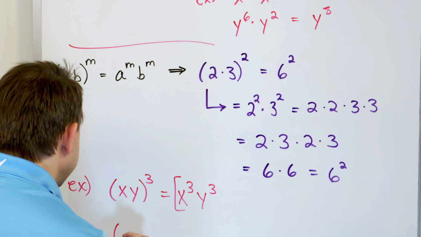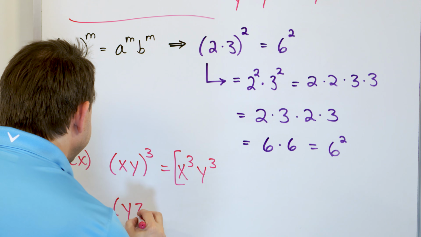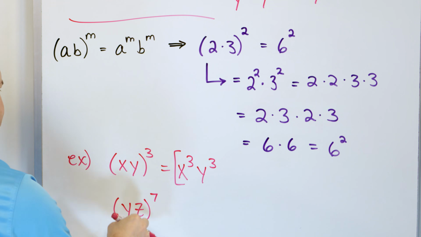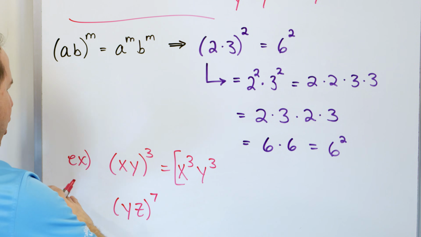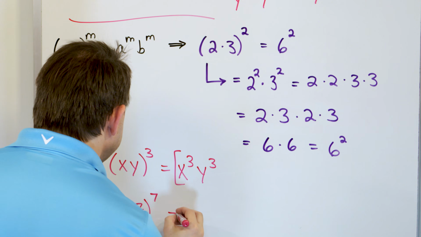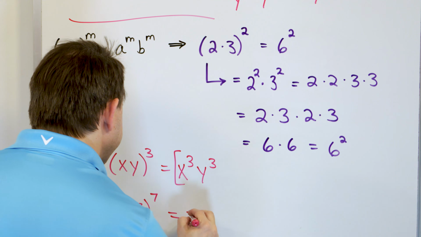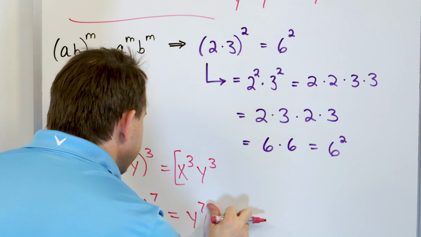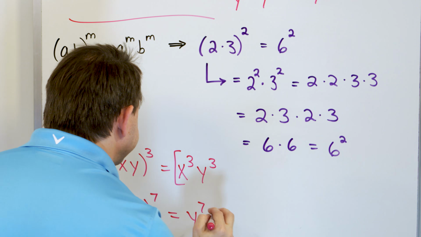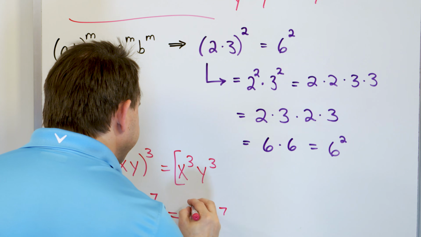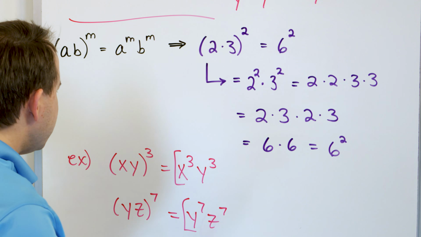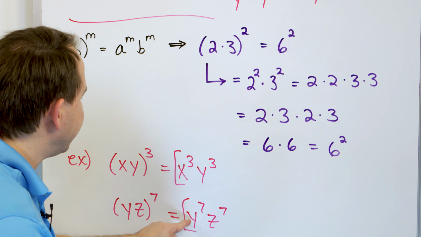What if you had another one? Let's say you had y times z raised to the 7th power. So that's literally y times z times y times z times y times z, and on and on and on 7 times. What you would get is y raised to the 7th power times, whoops, not times y again, times z also raised to the 7th power. That's the final answer as far as expanding it all out. You can't combine these any further because they're different